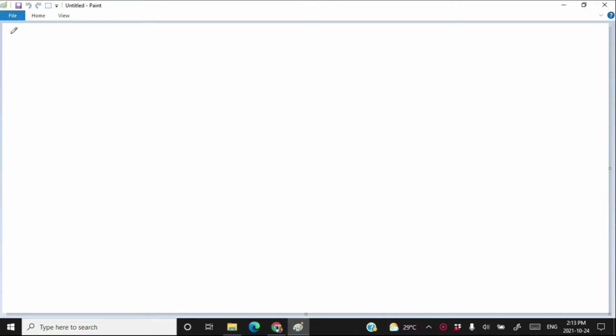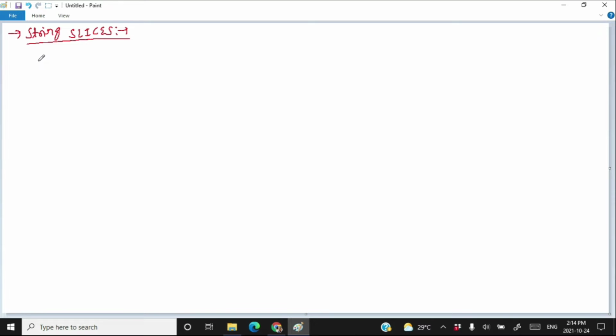Next we are going to learn string slicing. String slicing means taking a substring from a given string and creating a new string from the taken substring.